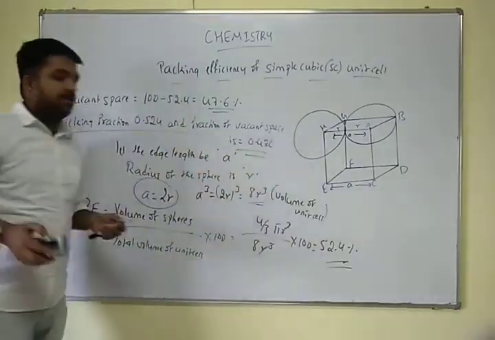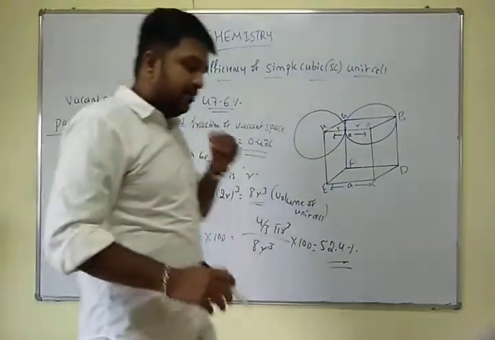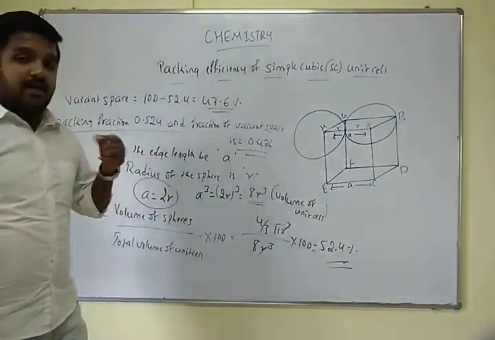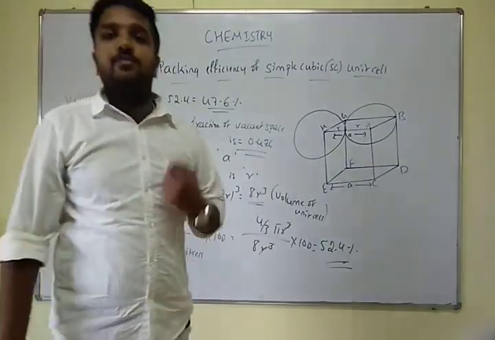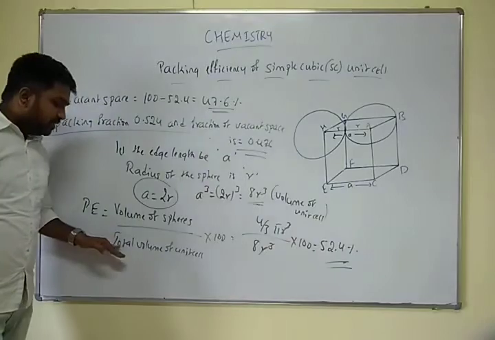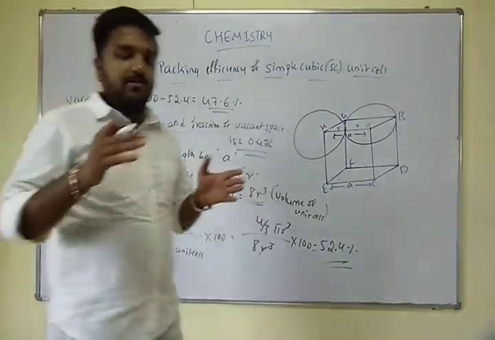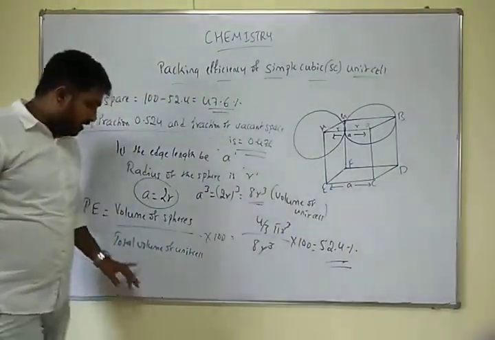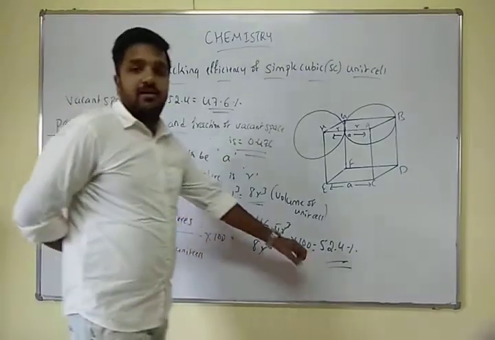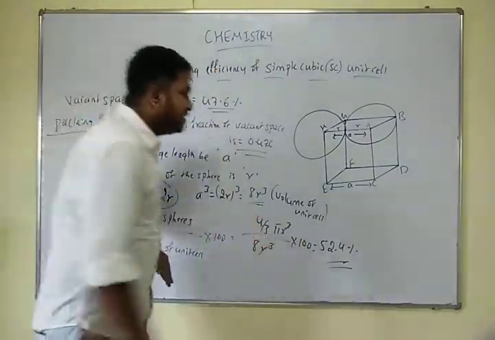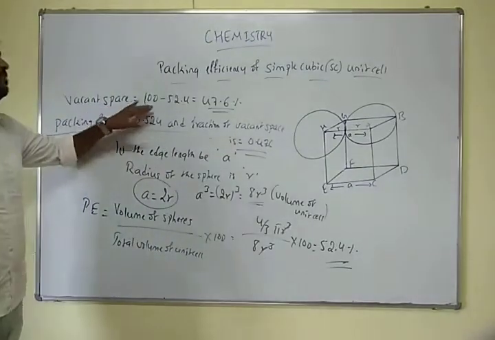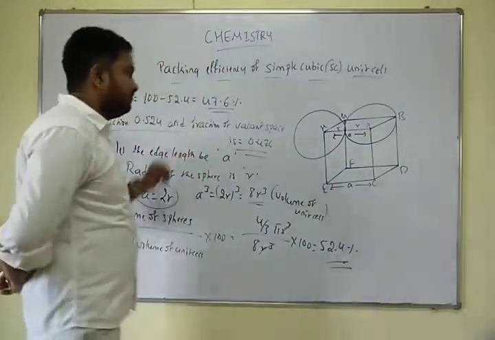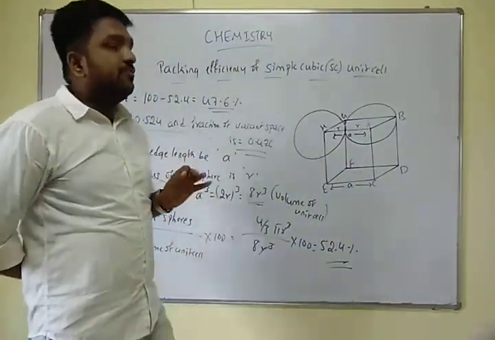So this is how we calculate the packing efficiency of any crystal of any structure. Clear? First of all, we need to calculate the volume of the spheres, how many spheres are present in a particular simple cubic or body centered cubic or face centered cubic cell, and we need to take the ratio to the total volume of the unit cell. That means you need to calculate the value of A, and cube it. That is, A cube is the volume of the unit cell, and we have to calculate the percentage further. Clear? After getting the packing efficiency, you subtract it from 100, then you get the vacant space percentage, and you can also express it in terms of fraction. Clear? So this is the packing efficiency of the simple cube.